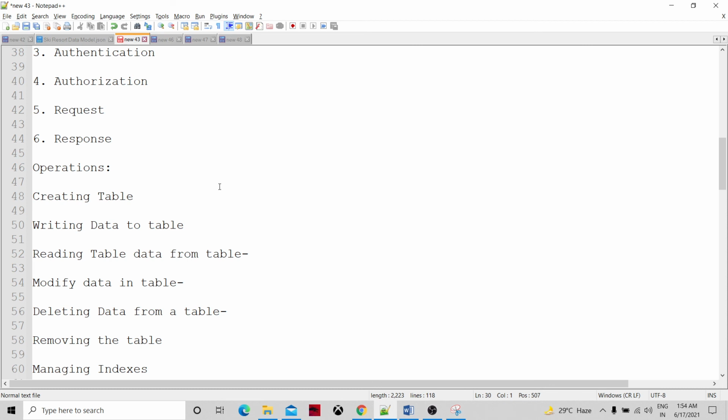Then there is similarly reading from the table. In an RDBMS we have a select query statement to get data from the database.